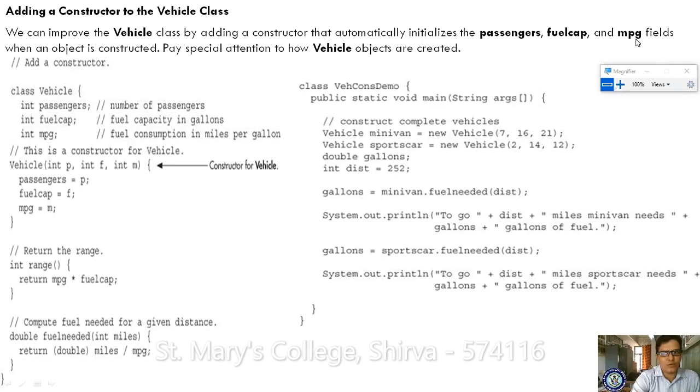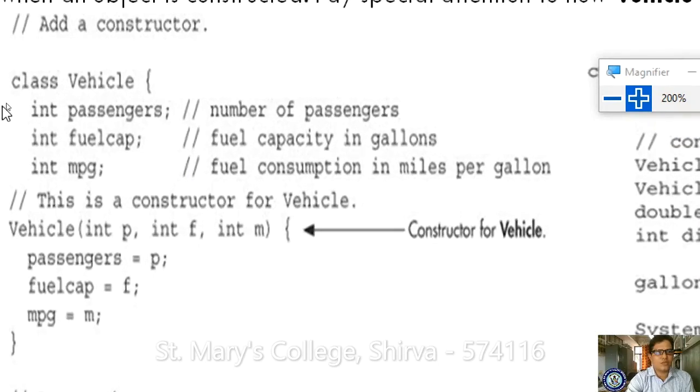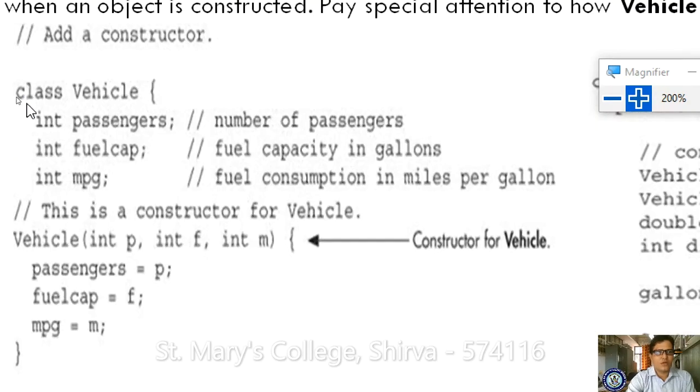You have your vehicles, and you should know the passenger capacity. Suppose you are using a two-wheeler, I think your scooter, right? The passenger capacity of your scooter is only either 1 or 2, either you or your friend, and if it is adjustable, it is 3 persons, right? Fuel capacity, as you know, is the fuel capacity of your scooter, and miles per gallon, so what mileage it is giving. So according to this we are constructing a program. Now I am seeing the name of the class. Please observe what the name of the class is.